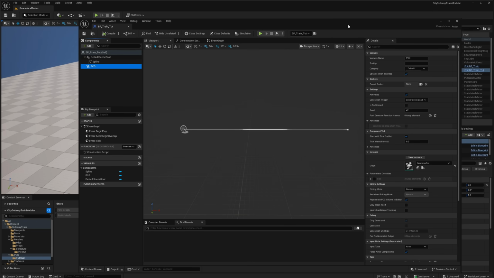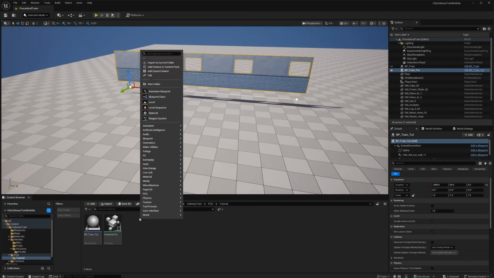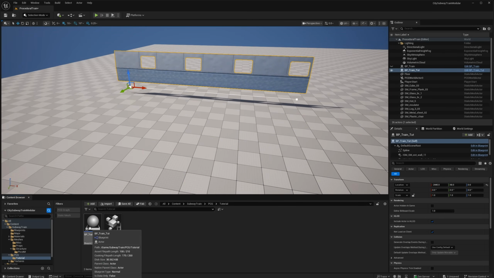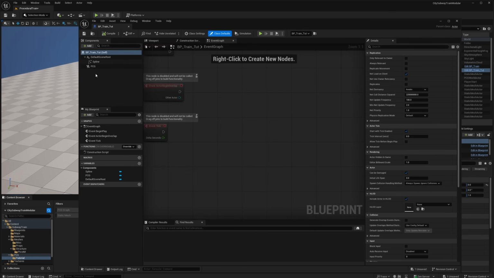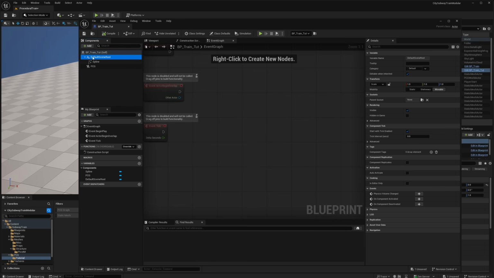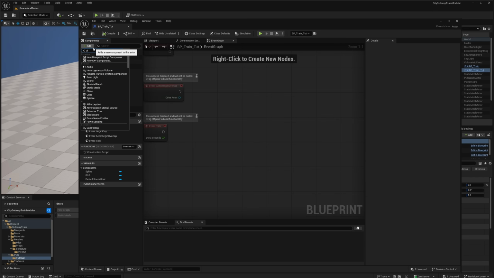When you create your blueprint, right click, create blueprint class, make it an actor, and after you create the blueprint, here into the default scene root, add a spline component, this spline, and a PCG component, this one